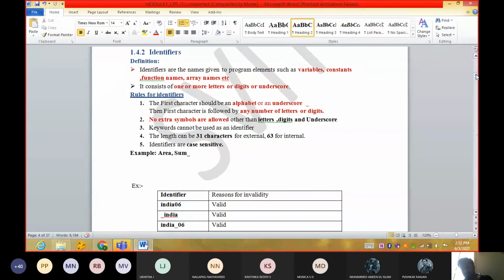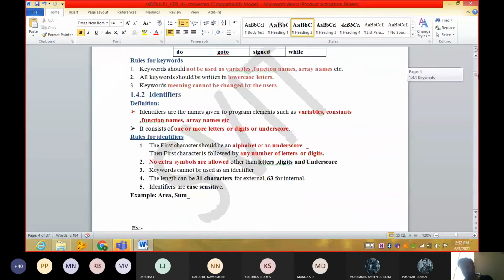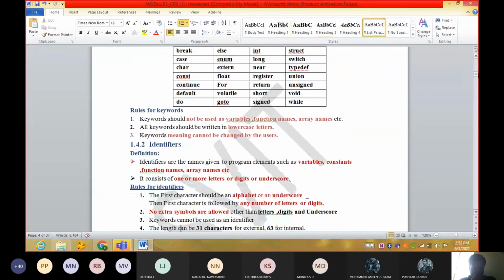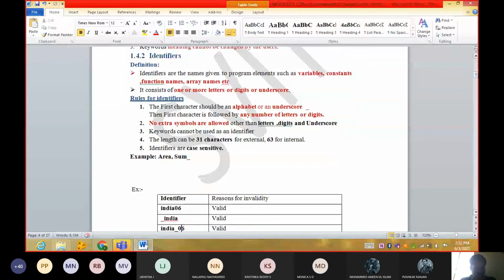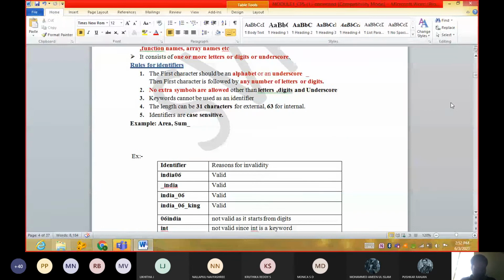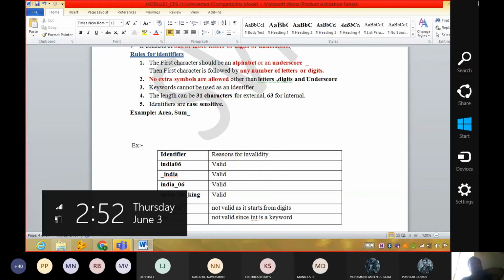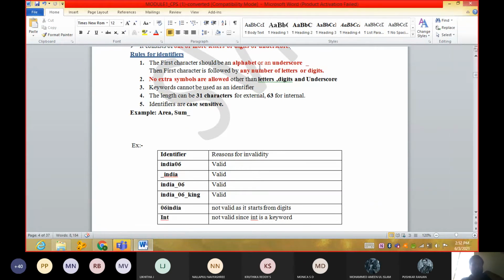There is a small task given. He has given examples here. This identifier is invalid because the first letter is a capital letter I and the rest are small letters.